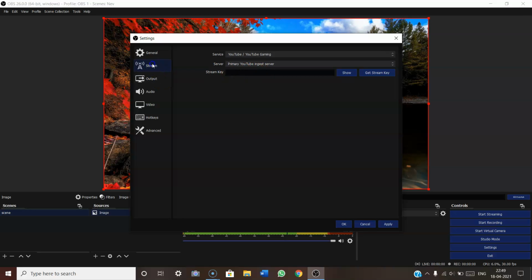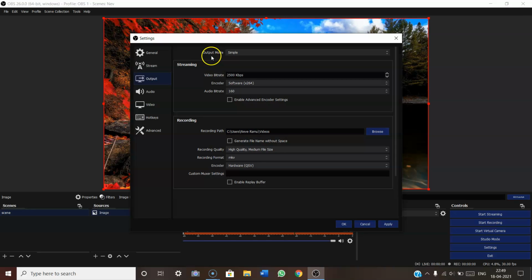Likewise, streaming is done. And going to the output settings, simple is for very simple recording and streaming. For streaming in simple, the bitrate is 2500, but 6500 is the very high quality one. Then the encoder is x264, which is also good. And recording path is nothing but where your recordings get saved.